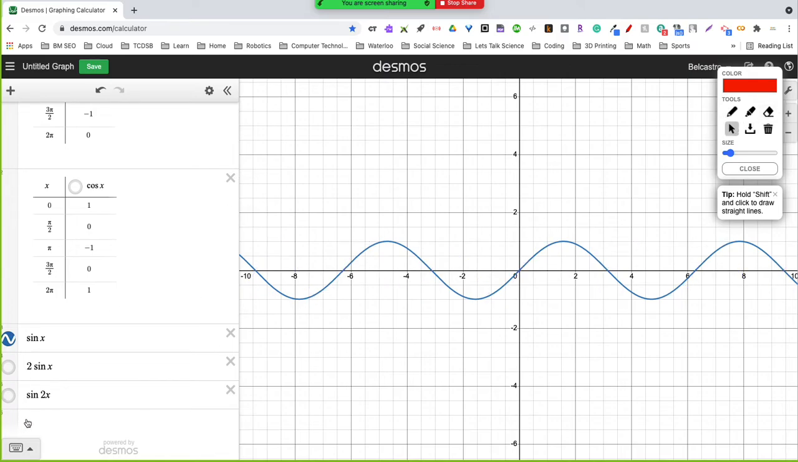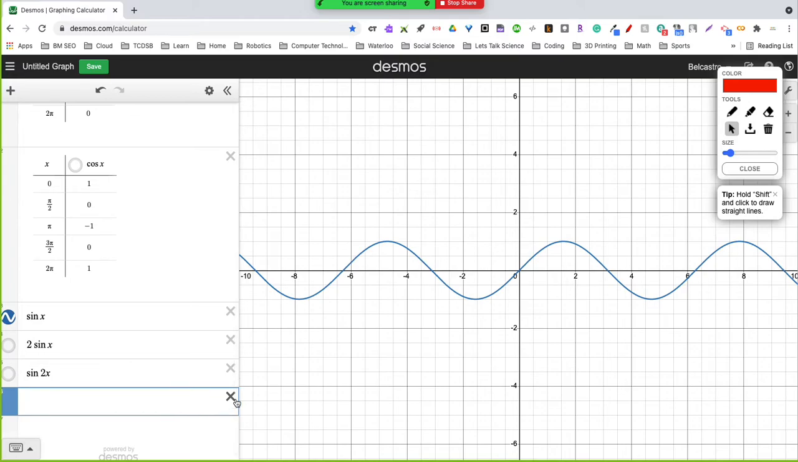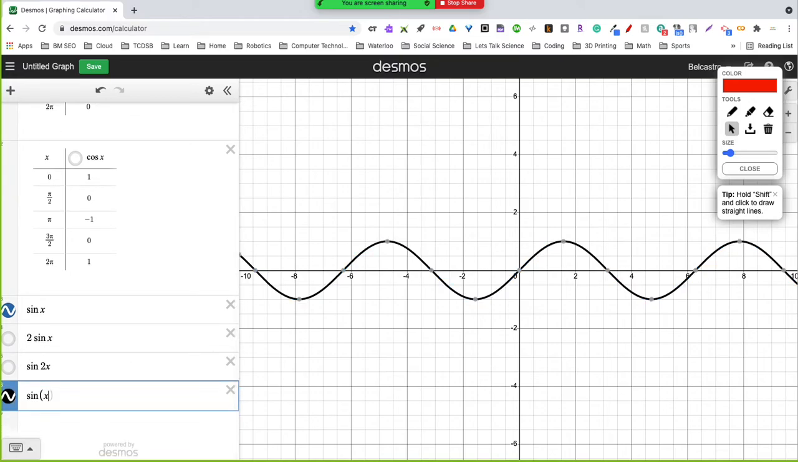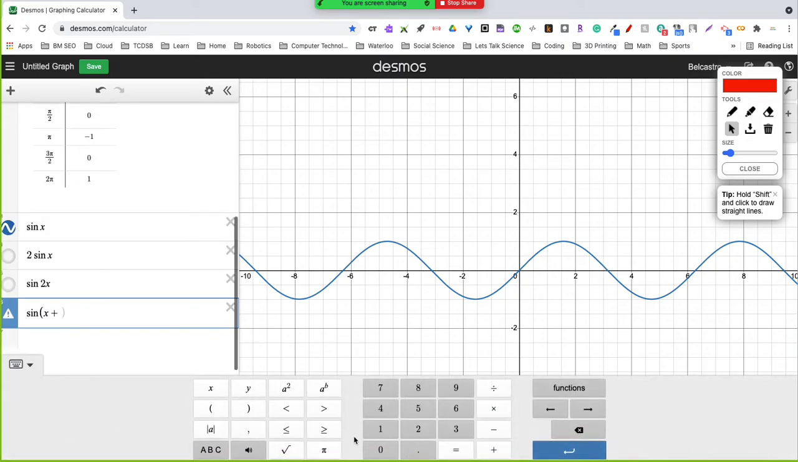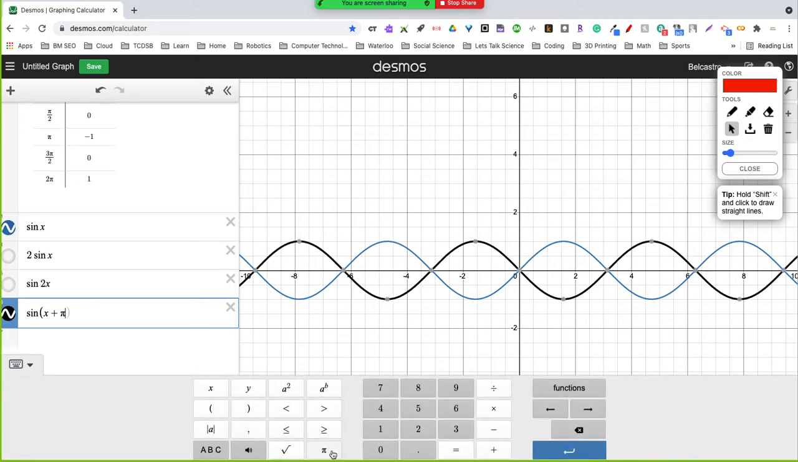So we'll turn this one off. Another one was sine, and then in brackets x, I'm going to say plus, and we're going to use the value of pi since we're in radians. Okay? So you'll notice this one has a really nice visual effect to the original, but what's actually happened is